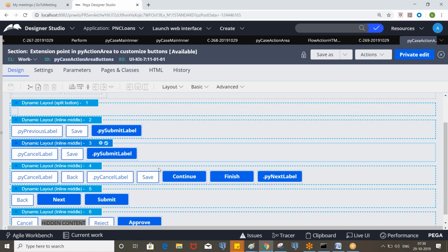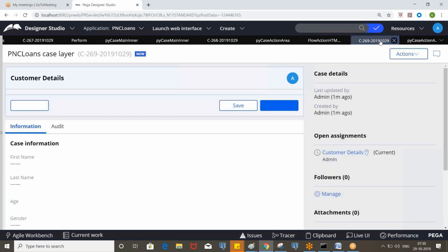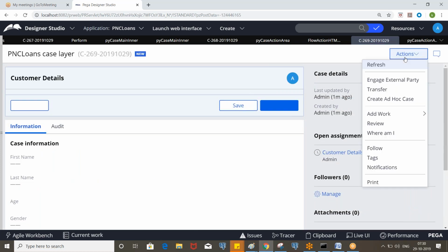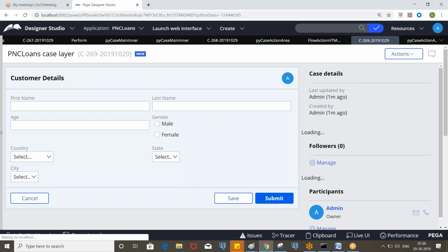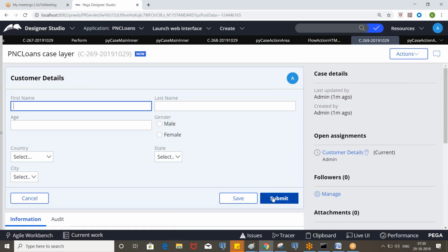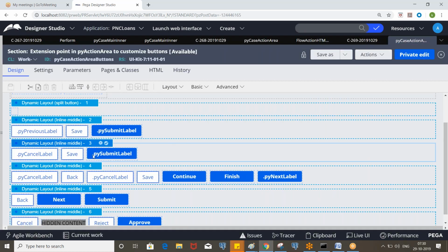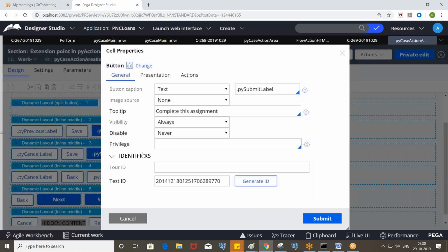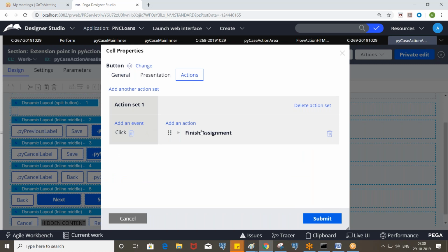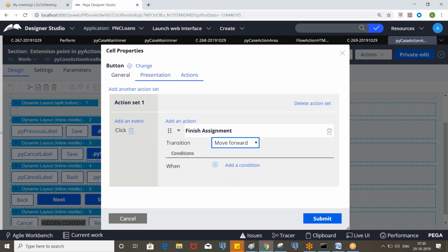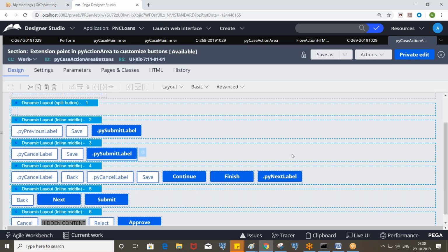I want to customize. So in that case, you can use your own buttons. So when do we customize the buttons? Let us say, when you click on this, what is happening? The assignment is getting completed, right? So in the button, whenever you click on the button, the assignment is getting completed. There is some action set. The event is clicked. So when you click on the button, the assignment is getting completed, the post processing rules will also be executed, and it will open the next screen.